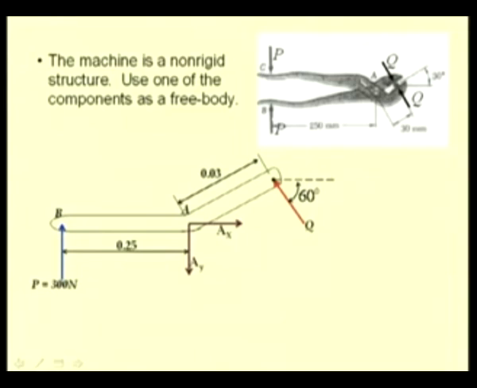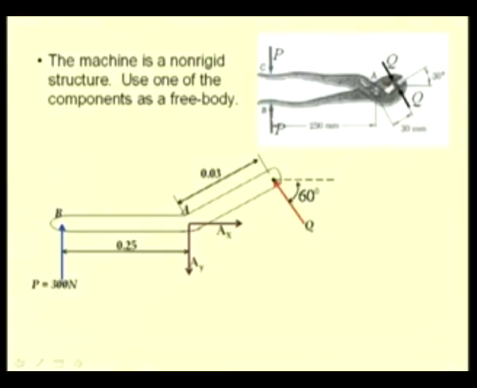This force is of known direction because the force is applied normal to the jaw of this plier. So, the direction of this force is known, but the magnitude of the force is unknown. So, we see that in this free body diagram we have three unknowns, that is Ax, Ay as well as the magnitude of this force Q, and it is possible that if we know the geometry of this plier arm, we